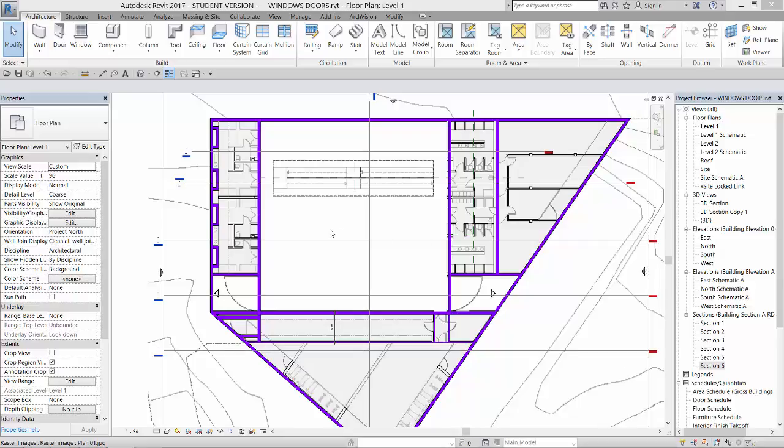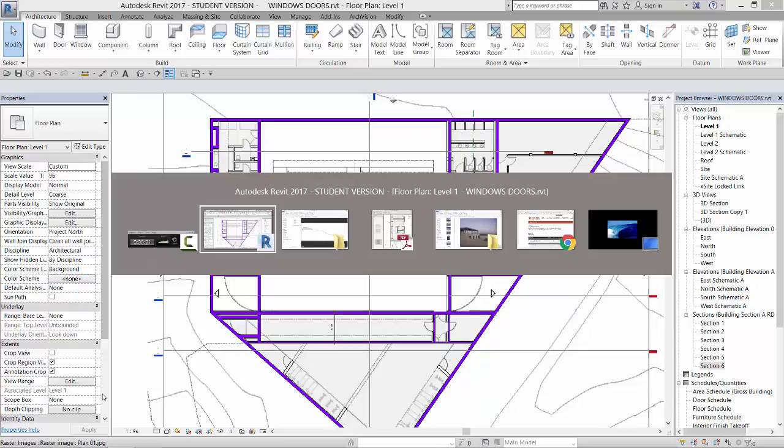Okay, so the next thing we're going to do is put some windows and doors in. We're going to put some doors in over here, just some simple doors. And then we're going to create some openings in the wall here, here, here, and here, and place a window in there. If I show you the plan for that,